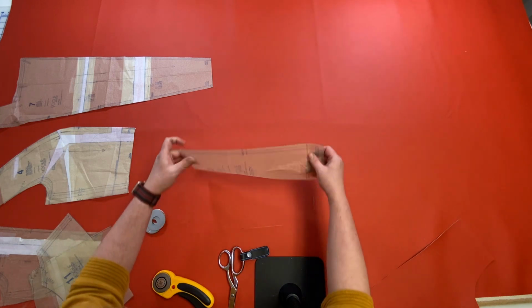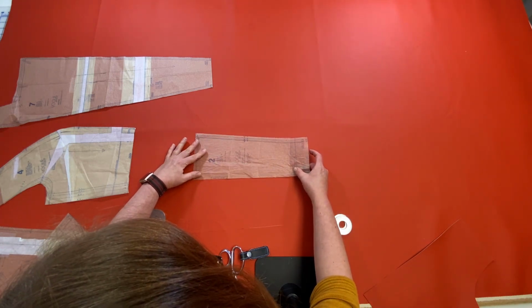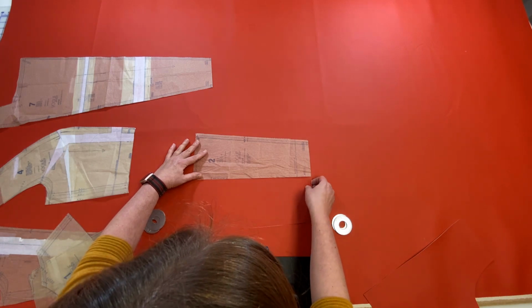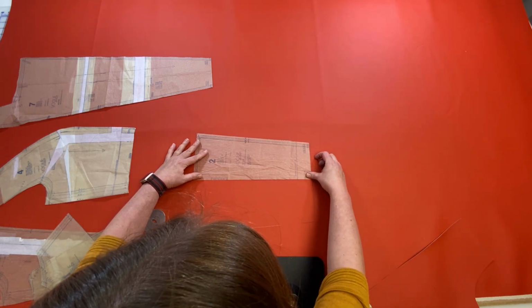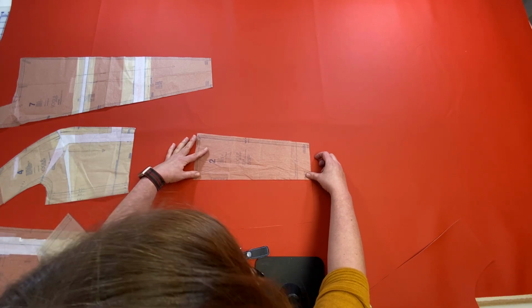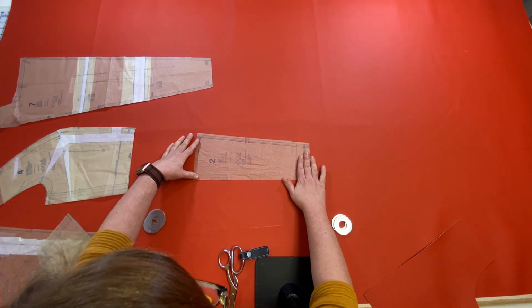And then we're just going to flip it over, and you're just going to line that back up to those little clips that you made. I'm sure you guys cannot see that at all. I'm having a hard time. To make sure everything...